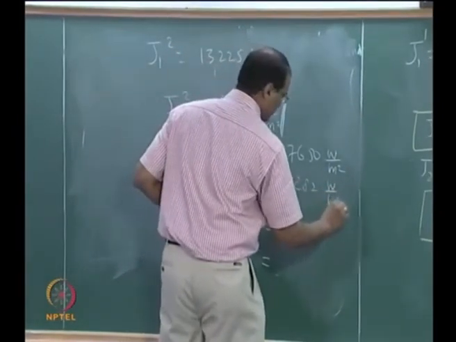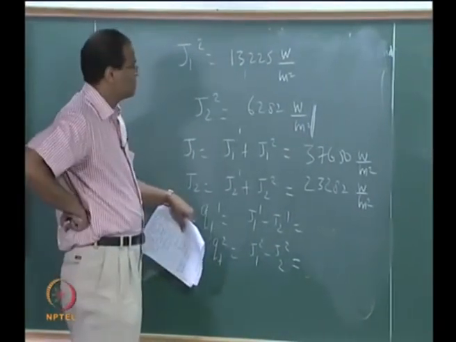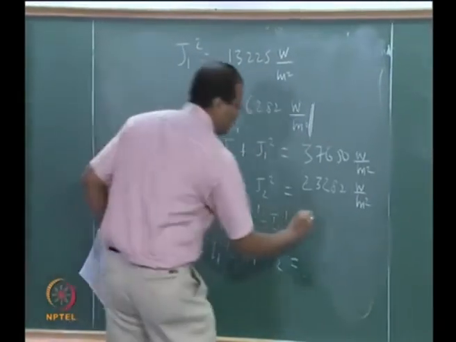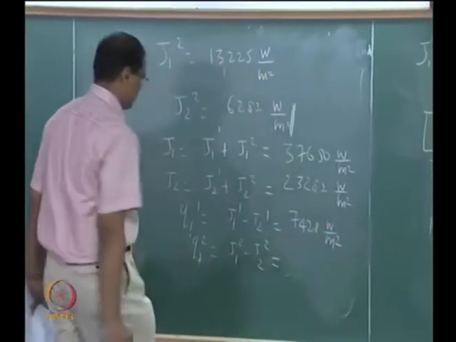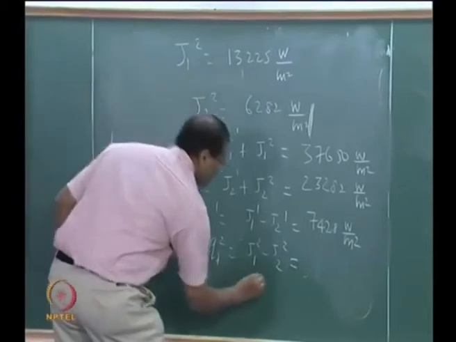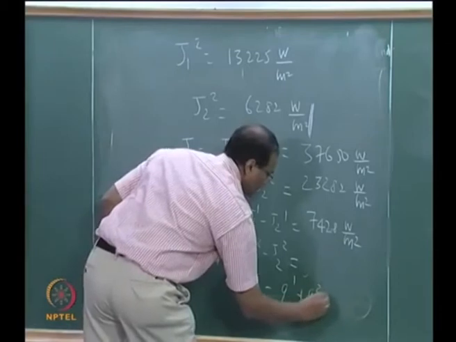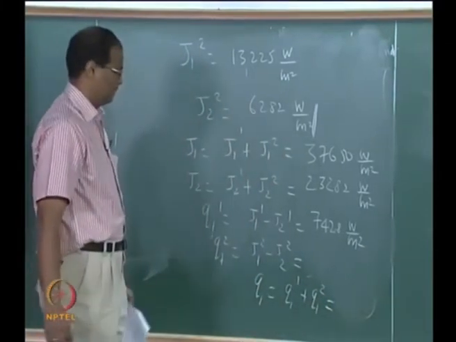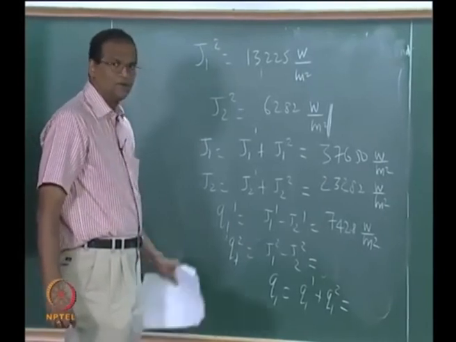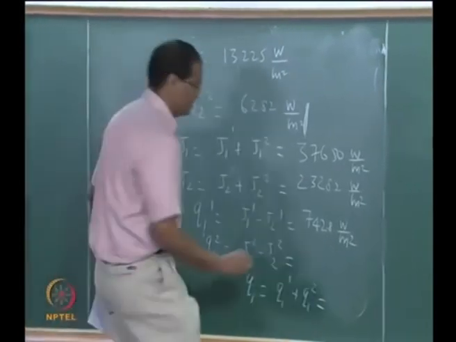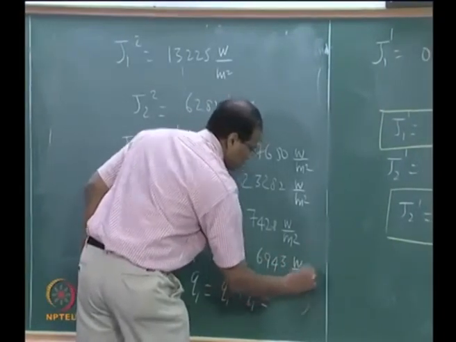Yeah, Q1 7428. Q2 Q12 694. So the sum is